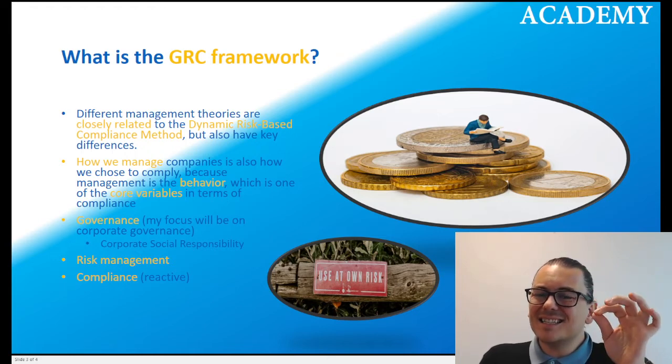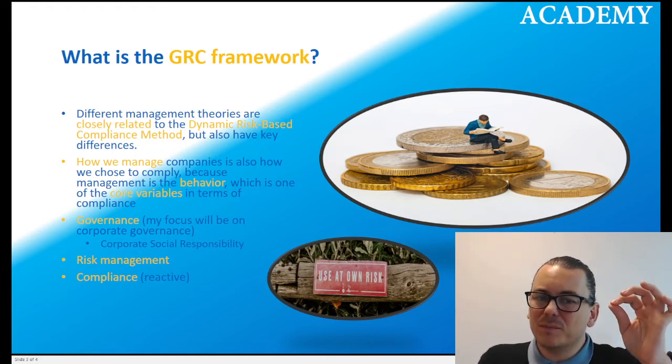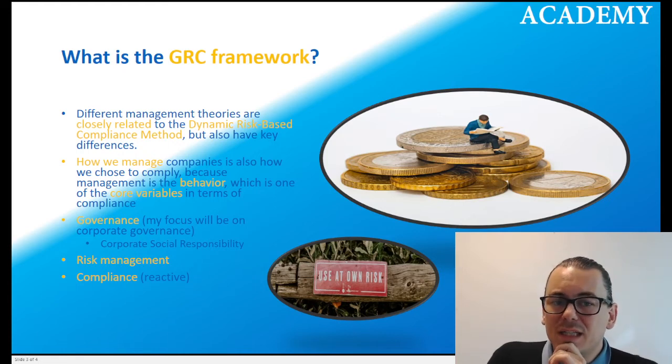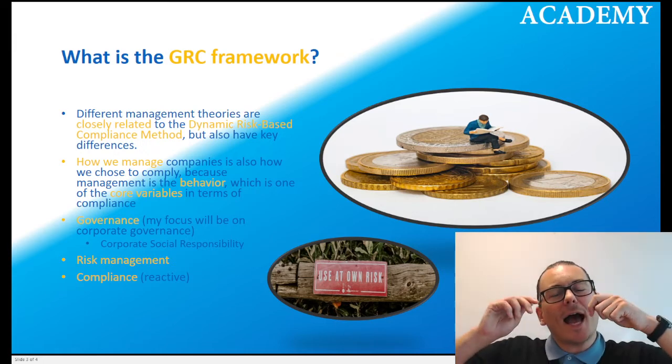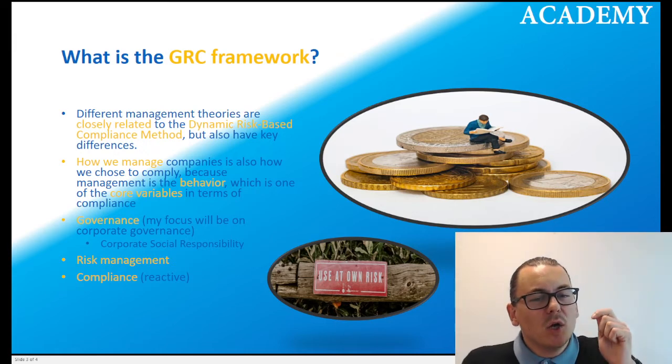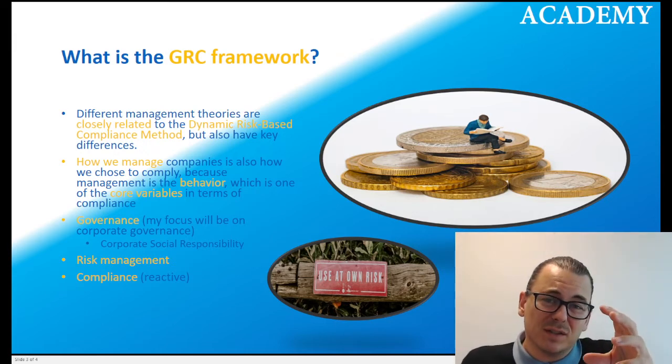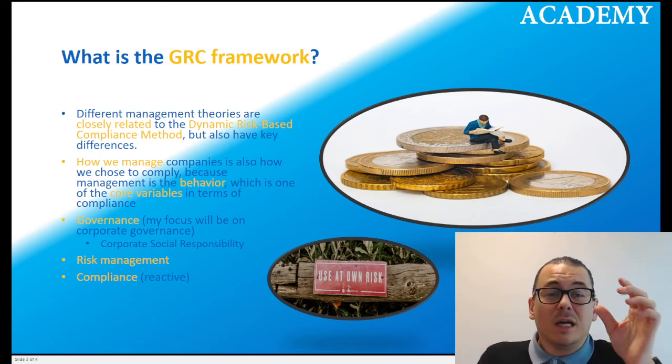And it has an element that is put on top. That is also why I need to add on something, which is when I go into the governance segment in the next video, it will be with